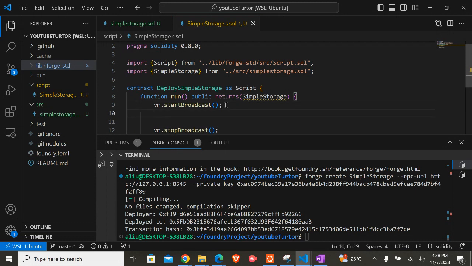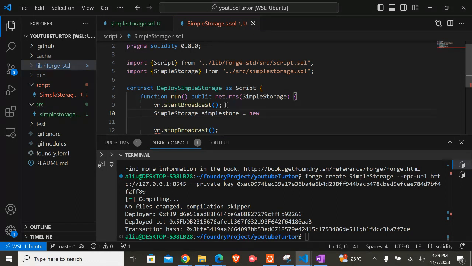So to deploy is very easy. If you have been following the previous video on the fundamentals of Solidity, we wrote a contract called factory contract on how to deploy a contract. That's the same thing happening here. The first thing is to call the contract name itself and use it as a data type. Then give it a local variable, SimpleStorage,